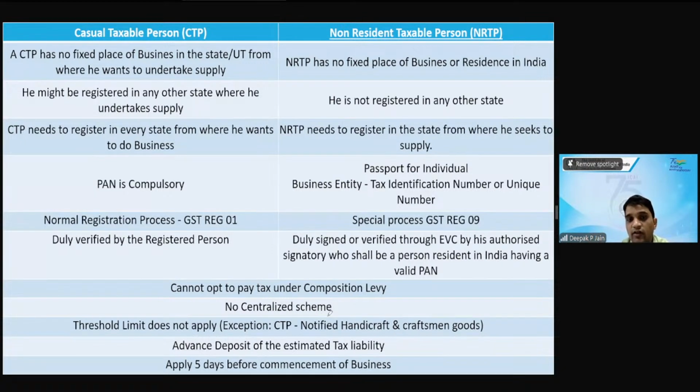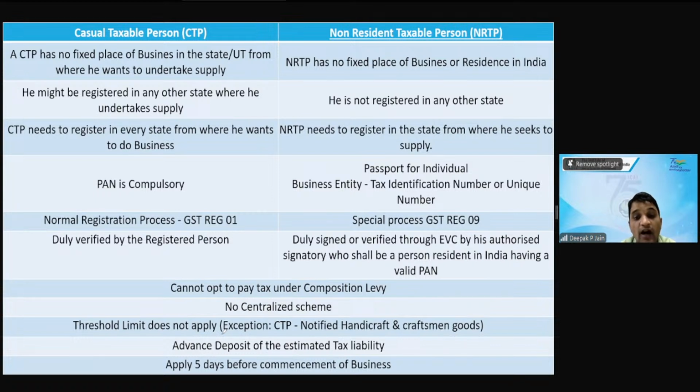One registration for everywhere, I will use it, not possible. Threshold limit does not apply. For a CTP and NRTP, we don't have to see the limits of 20 lakhs, 40 lakhs, 10 lakhs. If you're a CTP or NRTP, you have to take registration from rupee 1, except if you're a casual taxable person dealing in notified handicrafts and craftsmen's goods. Only in such cases, you have to wait for the threshold limit, but otherwise, everything else, you have to take